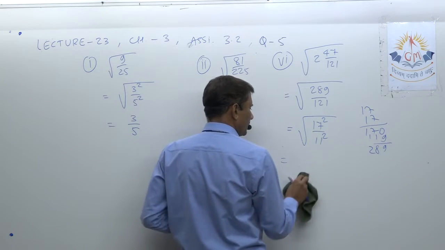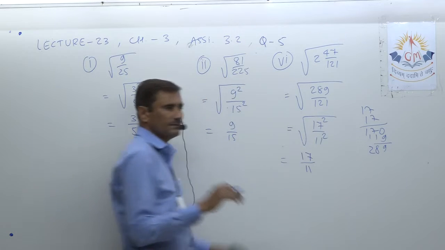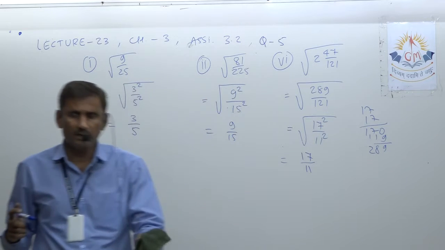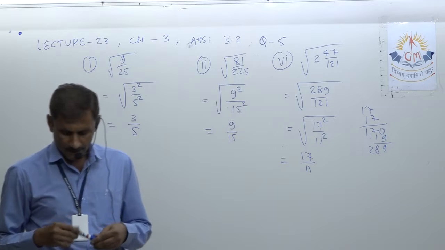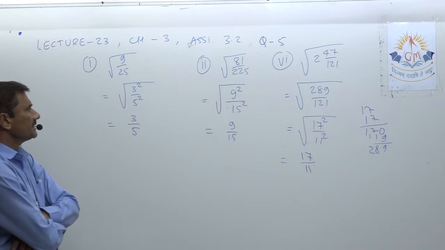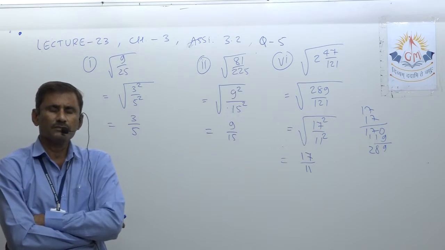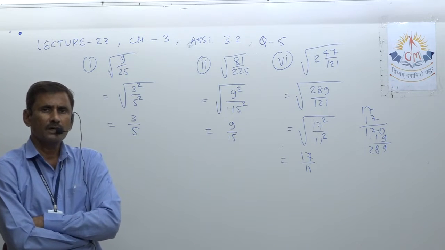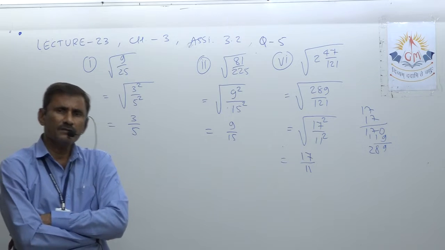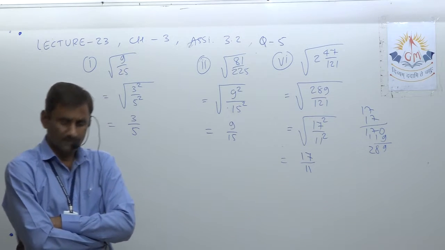Whenever you get the answer, at that time the square root should be removed, so square and square root can be cancelled out. That way you can understand. It is very simple. Instead of one number, here fractions are there, so we have two numbers, one in the numerator and one in the denominator, and individually we just find the square root of both.